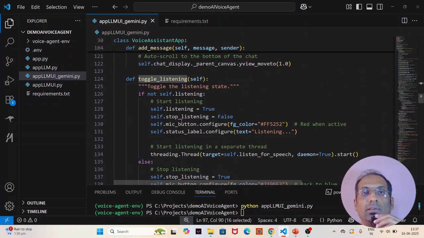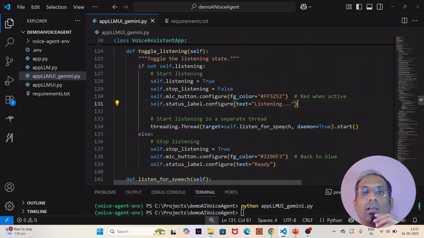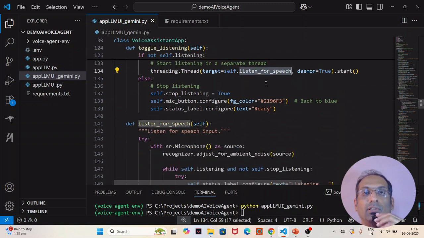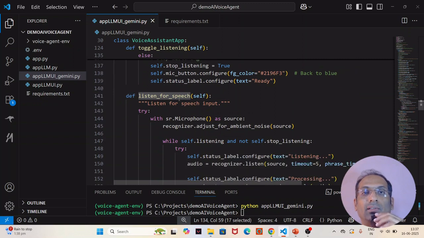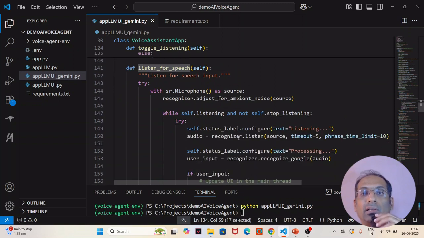If you take a look at this, what it does is basically just flips over the toggle button. And here there's a text that shows listening. So at this point, the user is allowed to speak the command. It calls the method called listen for speech. This is a separate method. While it is listening for the speech, it basically